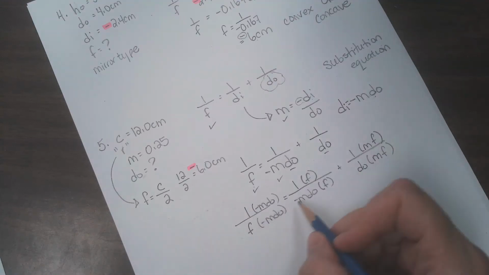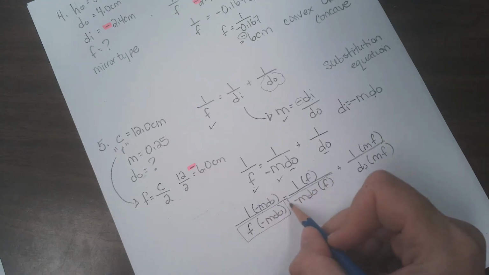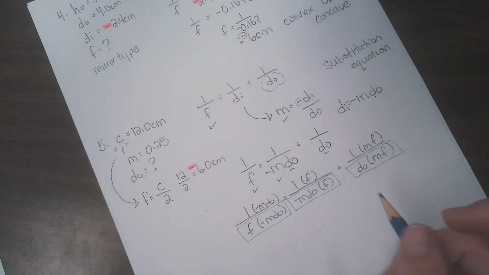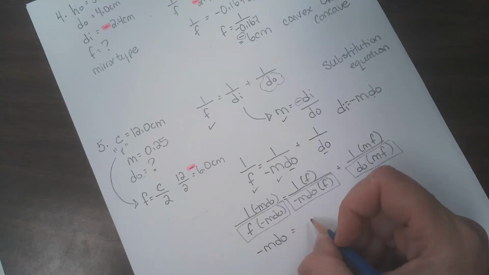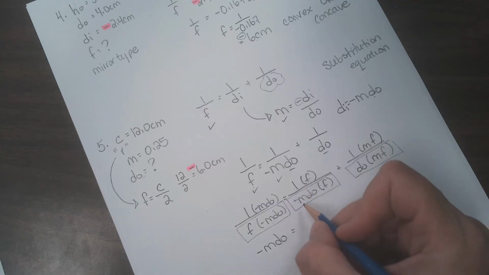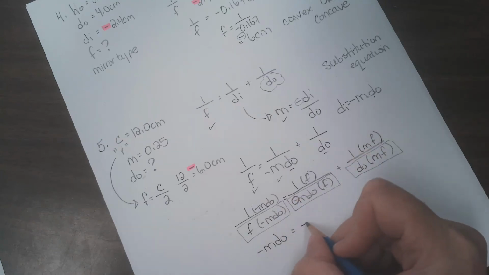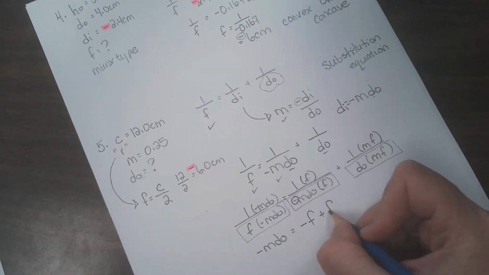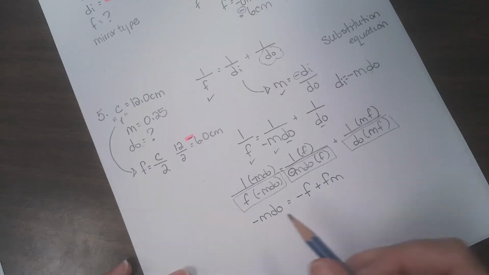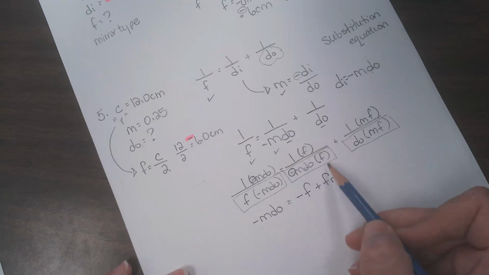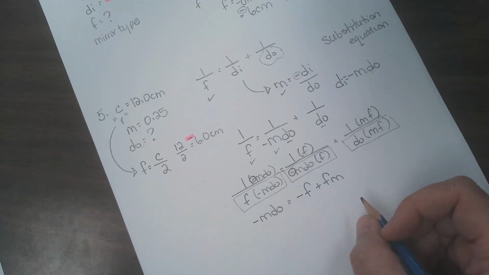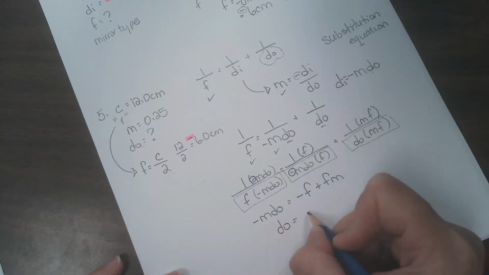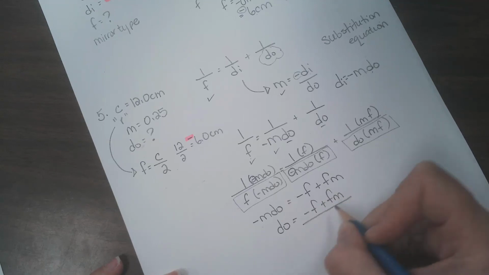So we can say here, because these are all the same, we can go negative MDO is equal to this negative here. Don't forget there's a negative here. So negative F plus FM. Okay, so this is the negative from the negative MDO. This is the negative from this entire fraction, and this fraction doesn't have any. Then when we want to isolate for DO, we can go negative F plus FM divided by